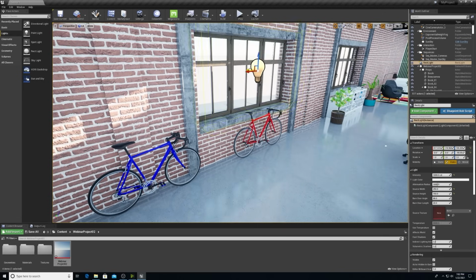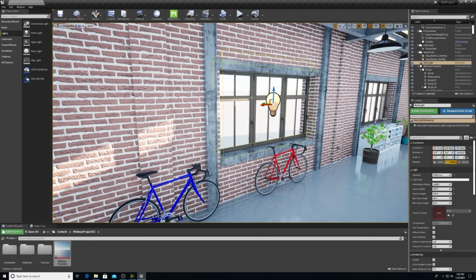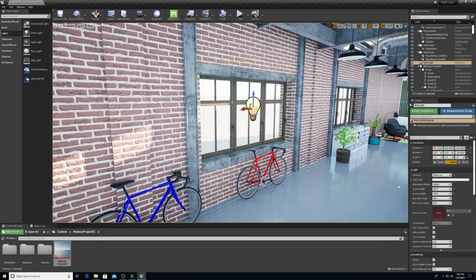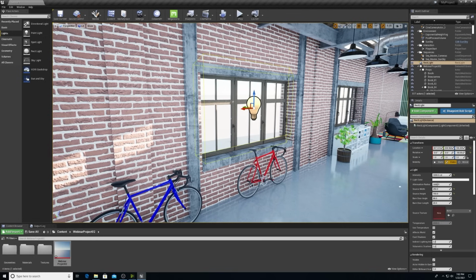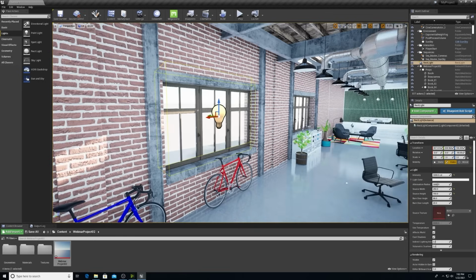Now there's going to be 2 settings that are crucial for ray tracing lighting, and one of them is going to be the mobility. So if I go to the details panel, you'll see that I have static, stationary, and movable all as different options. So static is going to be your most cost-effective. It's going to be great if you have a project that has no moving parts and you really want to nail down the lighting. Stationary is going to be good if you have a few moving elements. Say you have your lighting set, but you're going to want to control the color of the lighting.